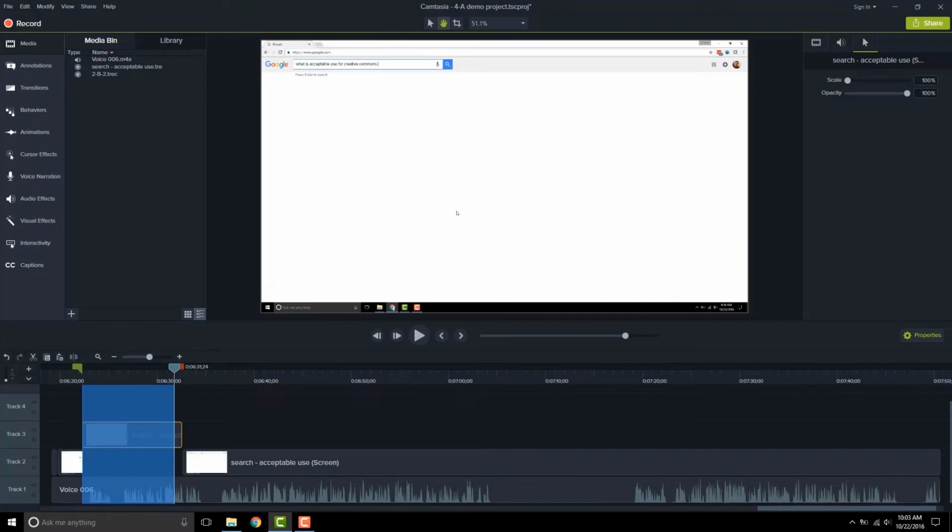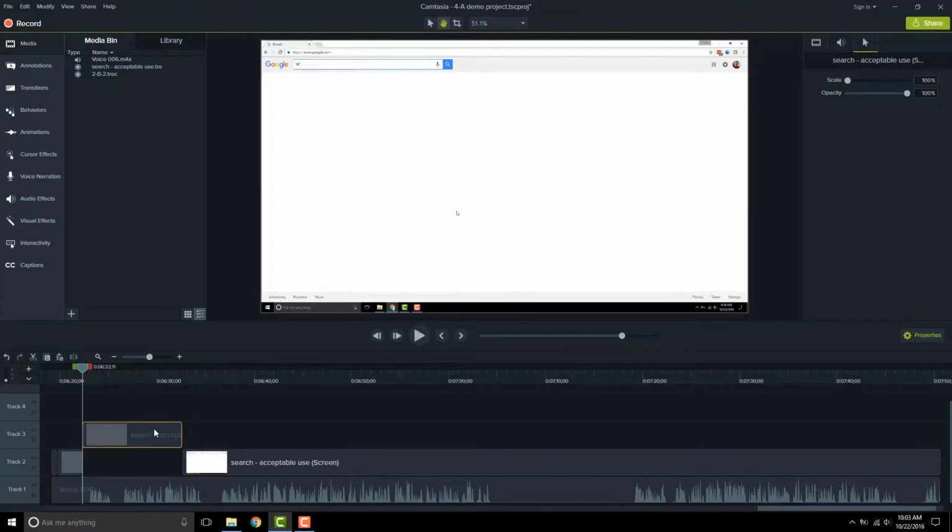and has me typing. Now, before I speed it up, it's a good idea for me to edit out anything I don't need. So I could edit out any wasted space at the beginning where a cursor is just sitting there blinking, or if I'm typing a word and about halfway through I pause for some reason, or if I make a mistake and I need to go back and backspace a few letters. Any of those edits I would do before changing the clip speed. But for this example, let's just use this one section of time.